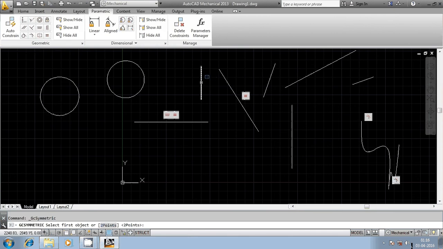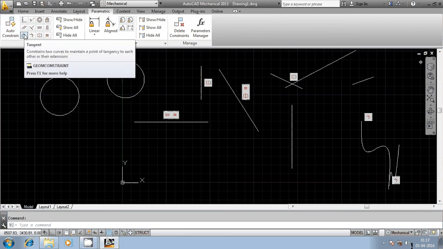Okay, this is my first entity and this is my second entity. I want to reorient both of them using this as my symmetrical line. What happens is the first becomes a reference, the second gets reoriented with reference to the first, and the symmetric line is this. You can see here the second got reoriented. If you extend these two lines, they will merge at some point, but they are symmetrical with reference to this line. Now let us see some more options.